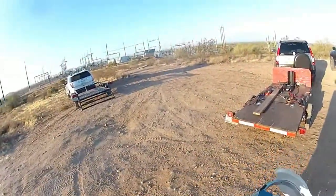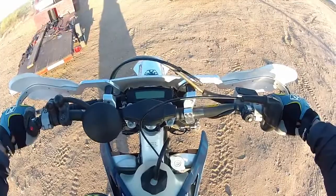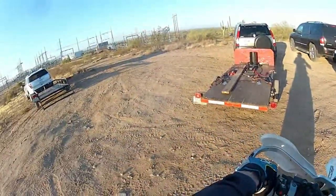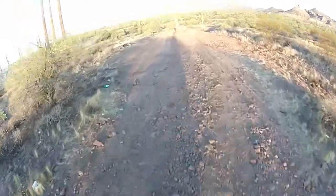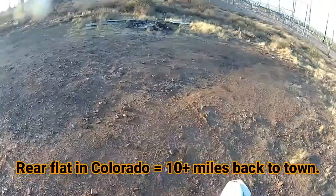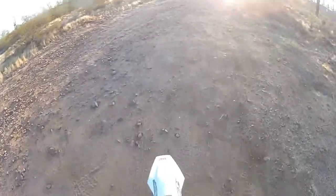Just gonna warm it up. Starts right up. Beautiful machine. Also new to this bike is some Mousse bibs. It was comforting to know that the ultra heavy duty tube I had in the rear handled the rocky terrain on the way back without much problem. There was a little wallowing,